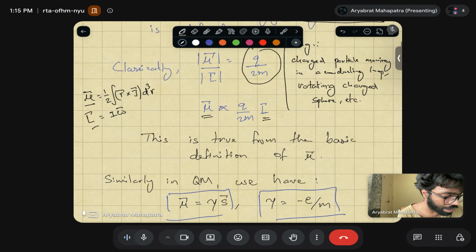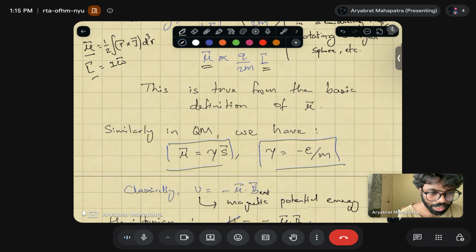But in quantum mechanics, when you have the spin in some external magnetic field,